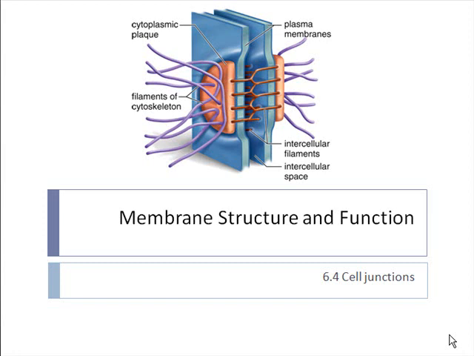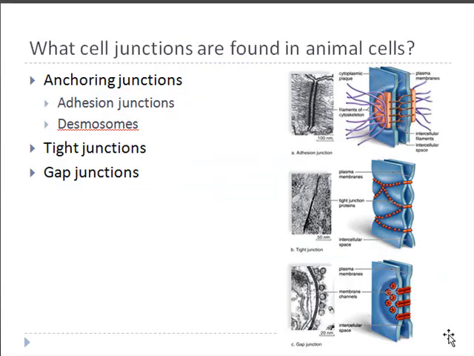This last part of the lecture, we're going to be talking about how plasma membranes from two separate cells interact with each other, specifically how the plasma membranes from two different cells connect with one another through cell junctions. Now there are lots of different types of cell junctions, and you'll notice if you ever take a look in different biology textbooks, you'll even hear sometimes the same junctions being called different names, and it can be a little